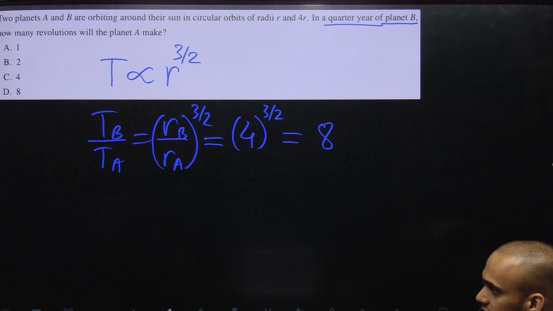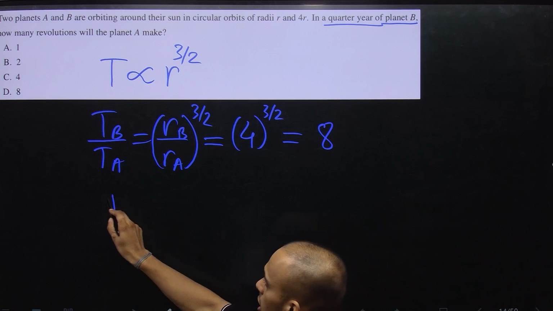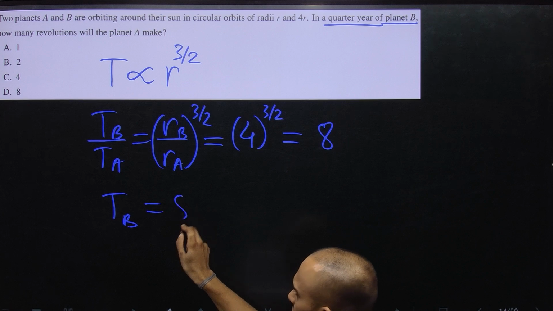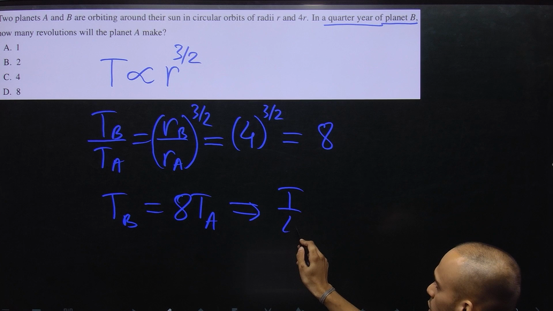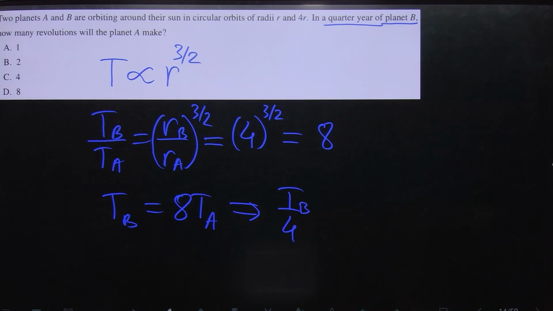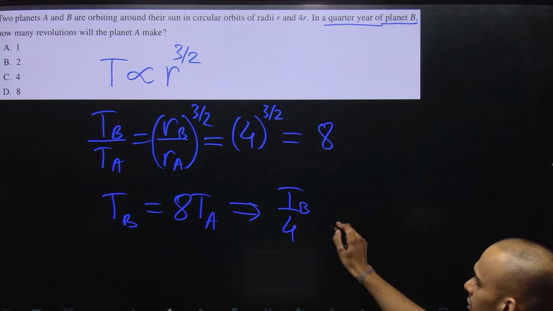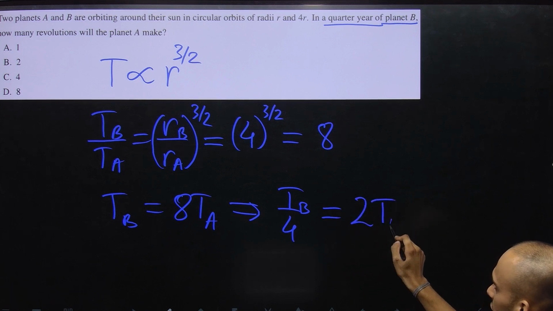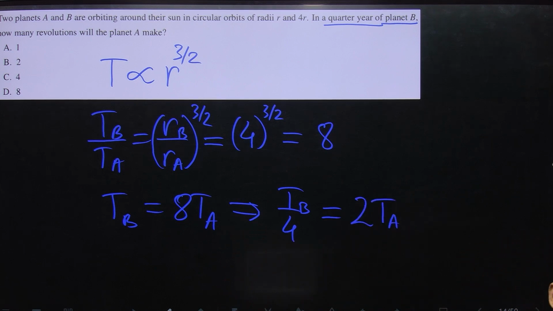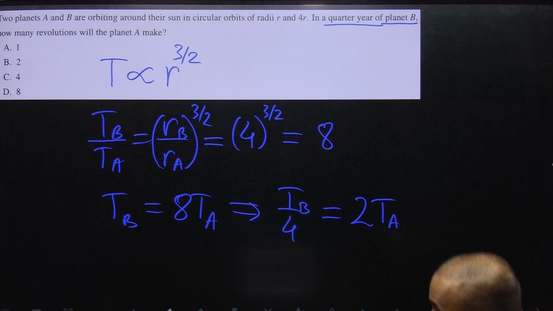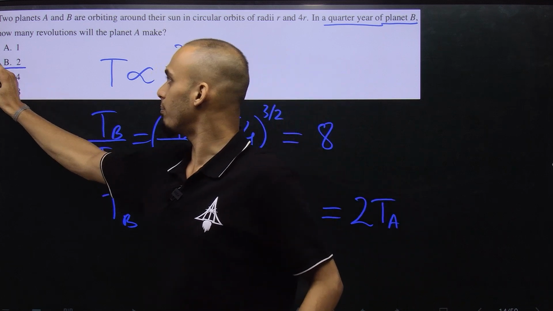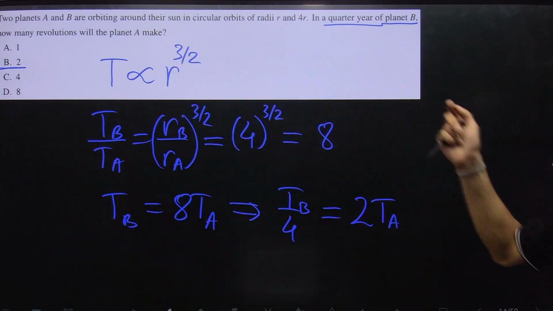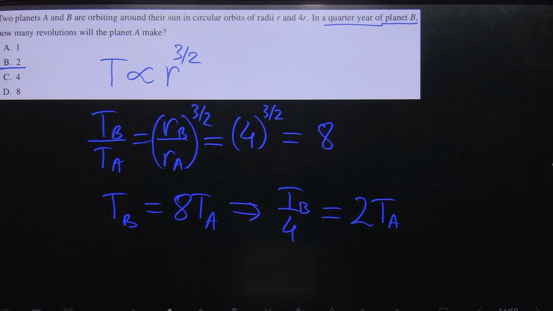Now since the period of planet B is equal to 8 times the period of planet A, hence we can write TB by 4, which is a quarter year on planet B, will be equal to twice of TA, just multiplying 1 upon 4 on both sides. We get that as planet B completes 1 quarter of a year, planet A will have completed 2 revolutions. Again, as long as you know Kepler's law of planetary motion, the rest is just logical application of it to the